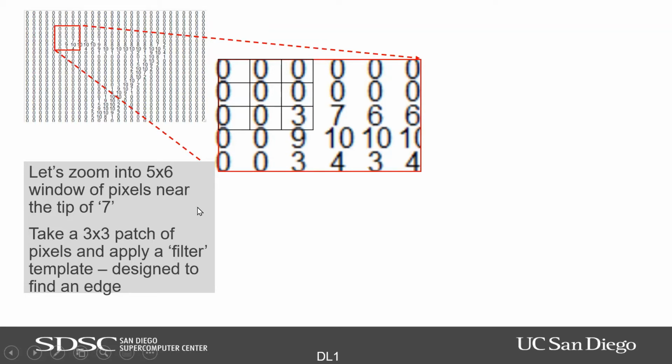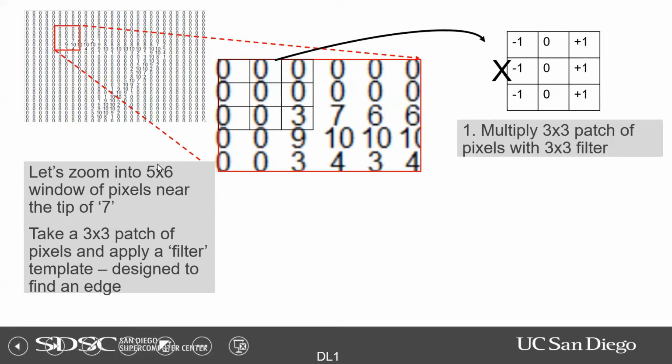If I zoom into this, what we want to do is take a patch of this image at a time. I drew here a 3x3 box, and we're going to call this our filter block, or the size of our filter. We're going to produce a function over this box. I'm going to start with this filter, which consists of -1s on one side, 0 in the middle, and +1 on the right side. So this is a predefined filter, and if I run it, we'll see what it does.